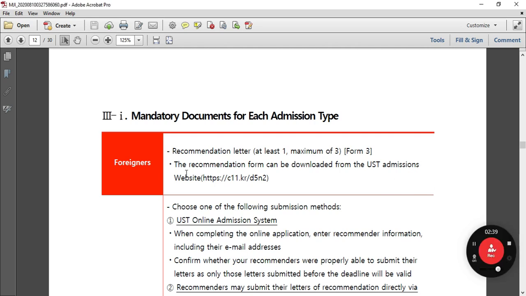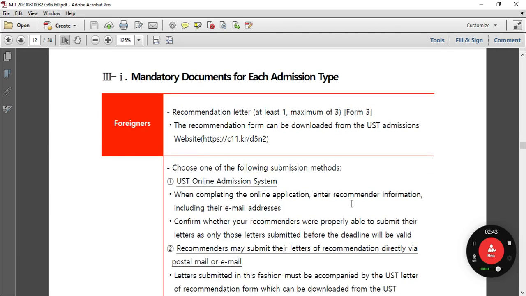For the recommendation letters, there are two processes or two given procedures. You can adopt either of these two. The first one is the UST online admission system. When you fill in your application form online, you can give the details and email address of your recommender. At least one is required, and maximum 3 you can give, but mostly they ask you to provide 2 recommendation